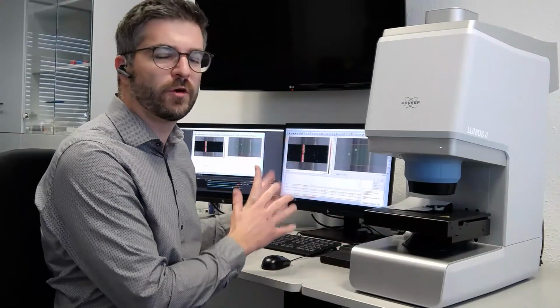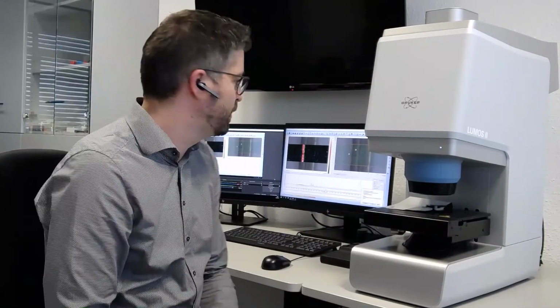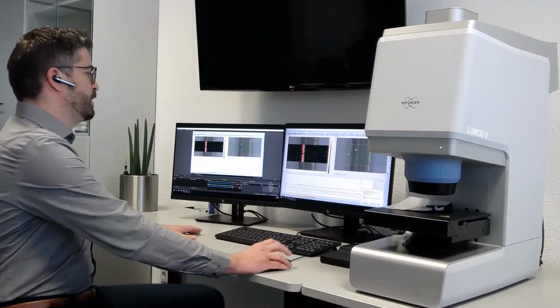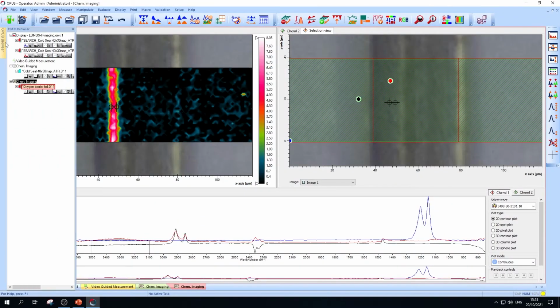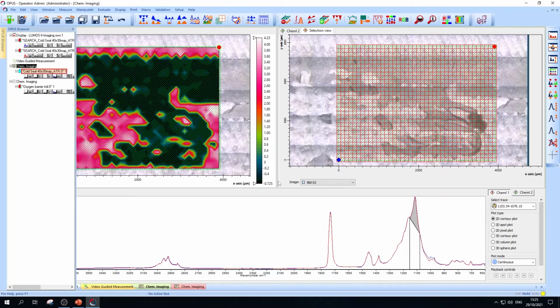The analysis itself is exactly the same way like we have done in the very first measurement. So therefore, I want to skip this part and I want to keep focused on analyzing such kind of measurement results. And this is what we want to show you here in Opus, our software itself here. So therefore, we now open here the results of the cold seal.